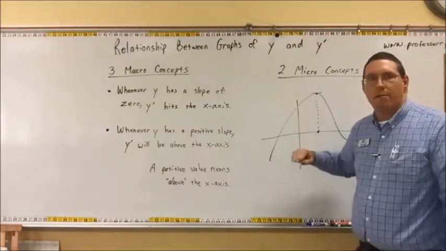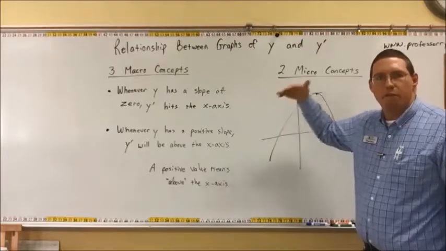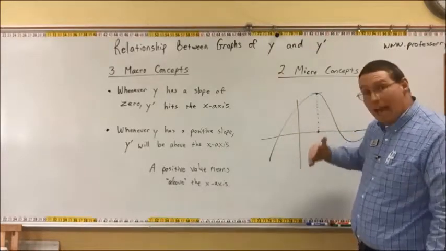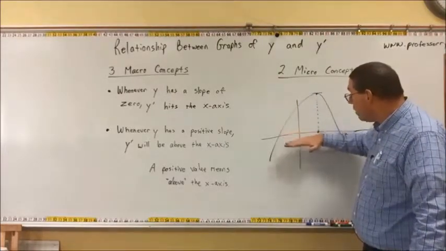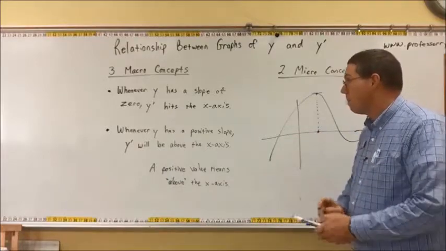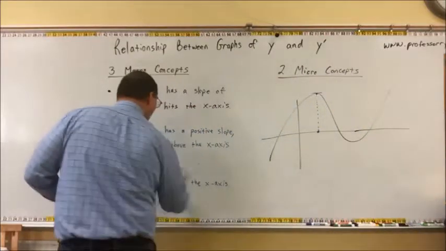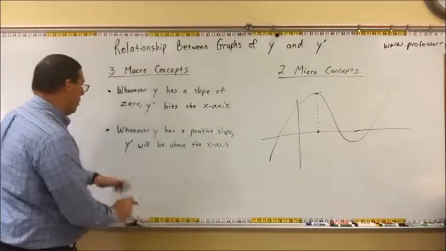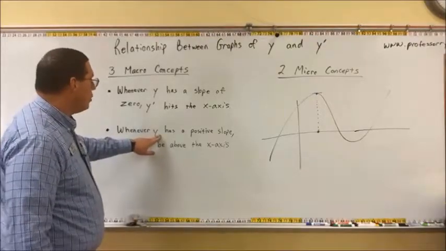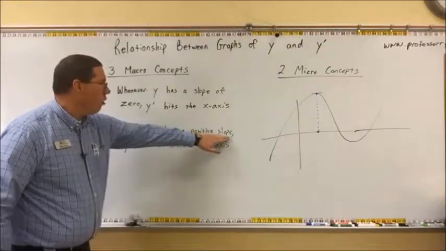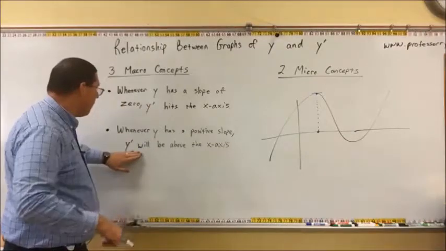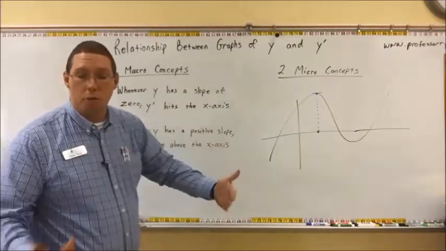Everything above the x-axis is positive 1, positive 2, positive 3. If it's negative 1, negative 2, negative 3, that's below the x-axis. So, whenever the original function has a positive slope,